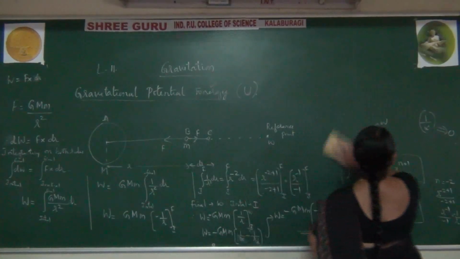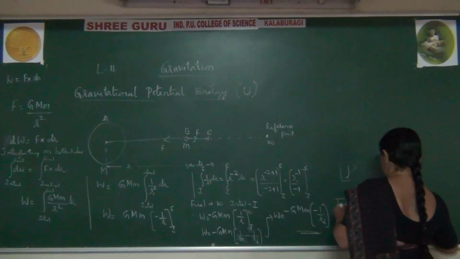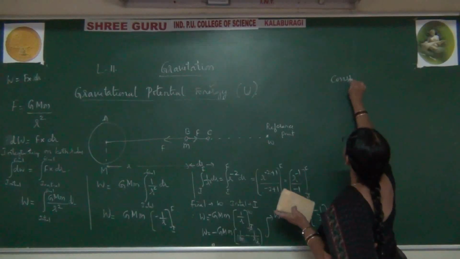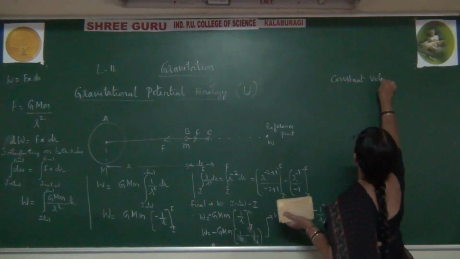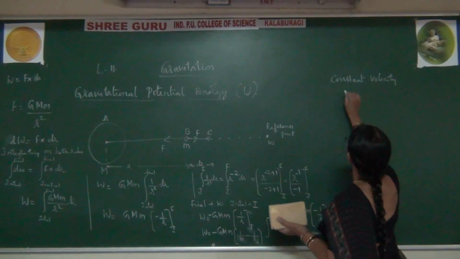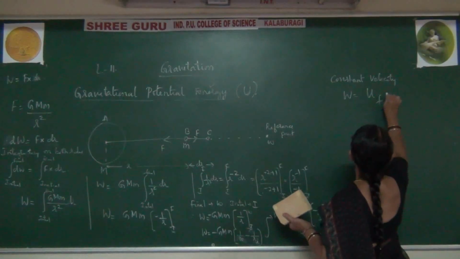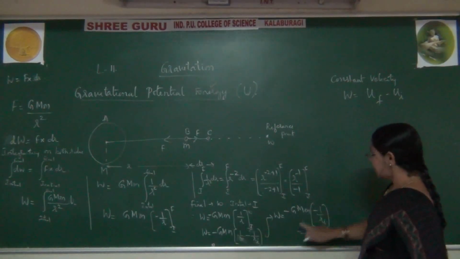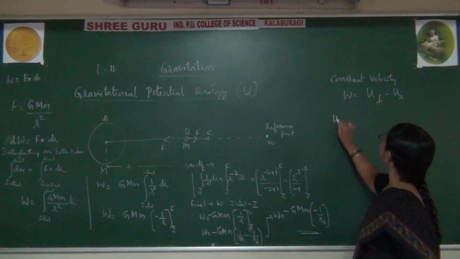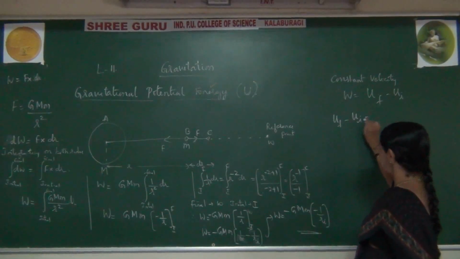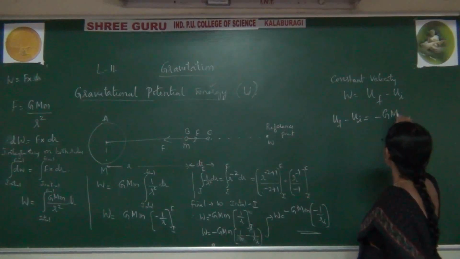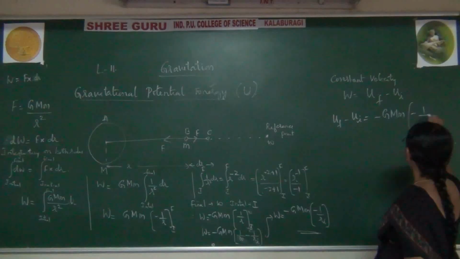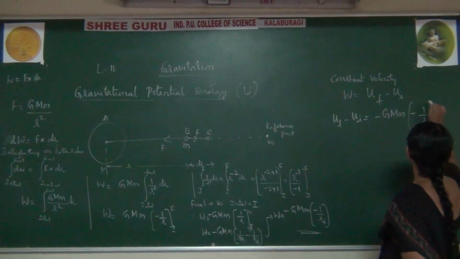Please observe this slide. We have the concept of constant velocity. You just push the object without the help of kinetic energy. At that time, work done is equal to the difference in potential energies. This is the condition we have to use. When you substitute here, Uf minus Ui is equal to minus G M m, this formula whatever you get, you have to write as it is, minus 1 into 1 by r prime.